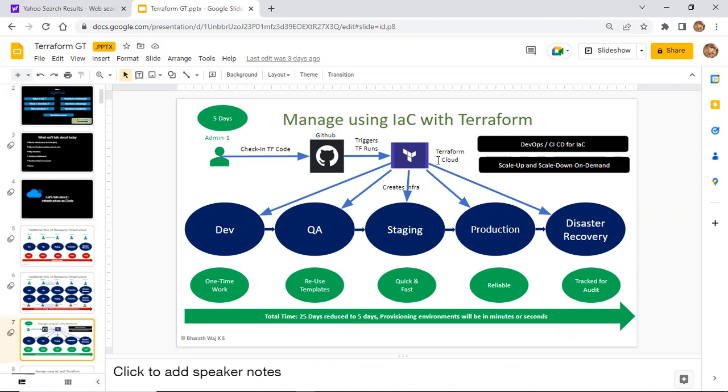So we are not only creating the infrastructure, we are also managing it through a centralized dashboard, that is Terraform Cloud. This is the advantage of Terraform. This one is clear, guys.